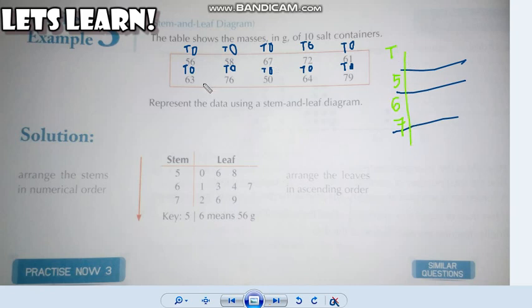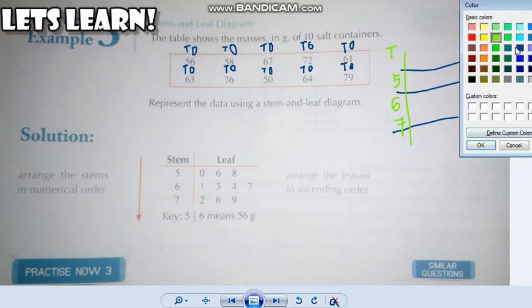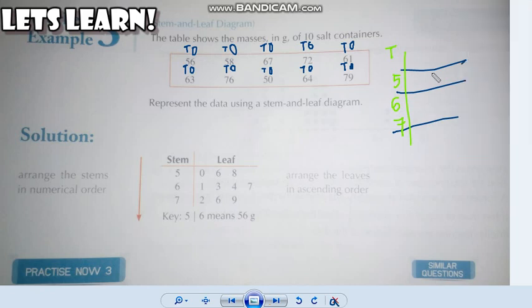Now what I'll do is that first I will go through all the numbers which are starting with 5 or have number 5 in their tens places, and I'll write the numbers in the units places in front of them. So if I see in the first column I have 56 and 58, which are starting with the number 5 or have 5 in the tens place.